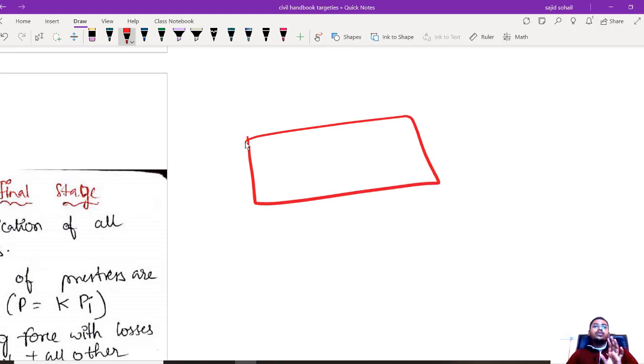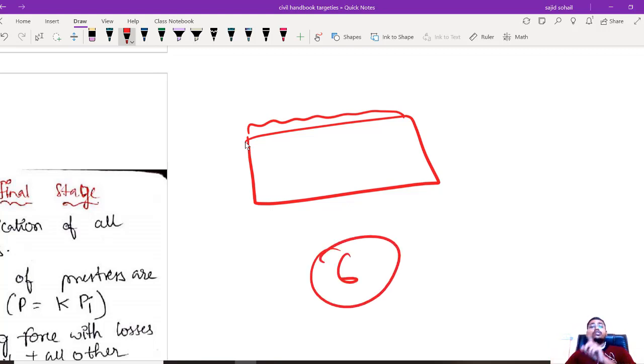There won't be much losses. But once the casting is done and the loading is acting on my pre-stress concrete beam, obviously the losses of pre-stress start. Okay, losses of pre-stress come into effect. There are 6 different pre-stress losses. Okay, 6 losses, very important.